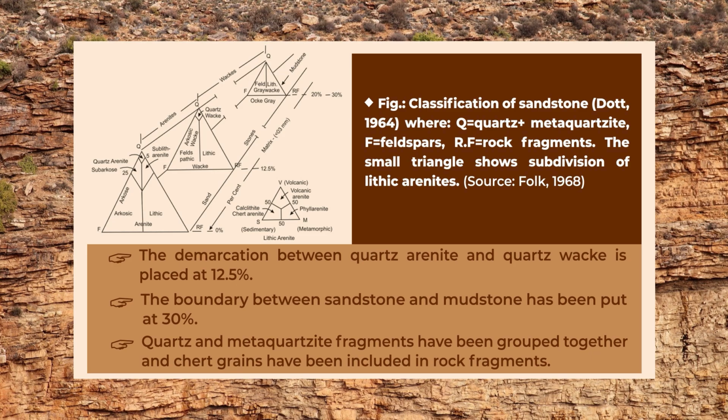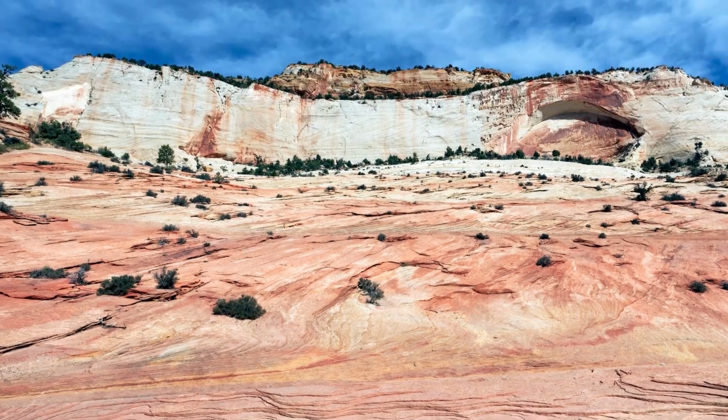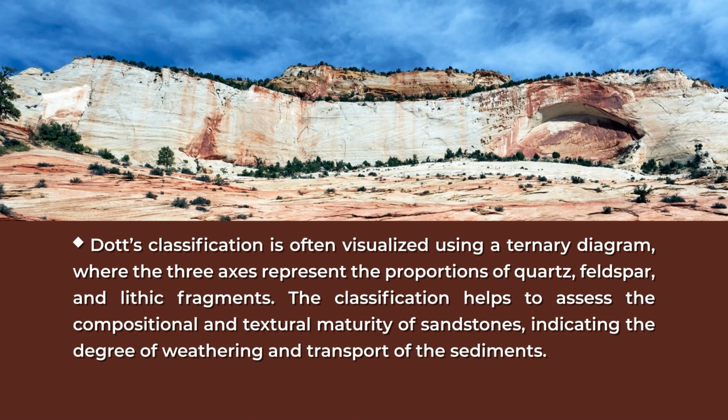Here you can see this is 12.5, and the boundary between the sandstone and mudstone has been put at 30%. This is where it has put it, 30%. And the quartz and the metaquartzite fragments have been grouped together, and the chert grains have also been included in the rock fragments. So, this Dodds classification is often visualized using a ternary diagram, as I already told,